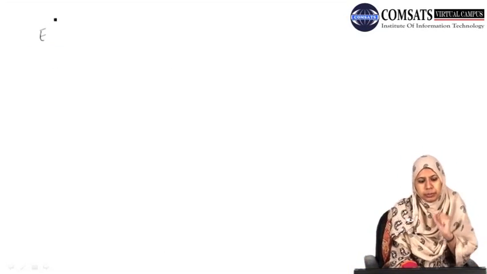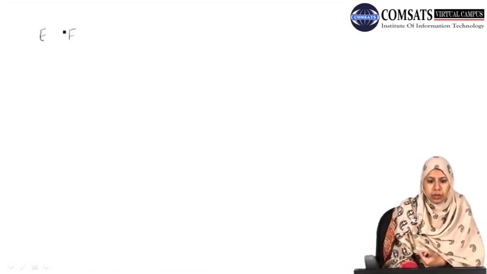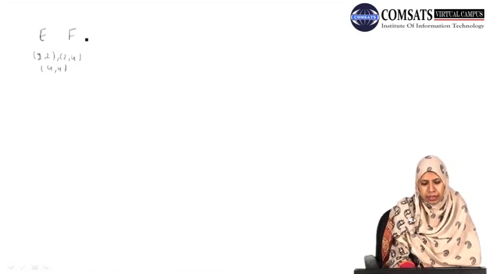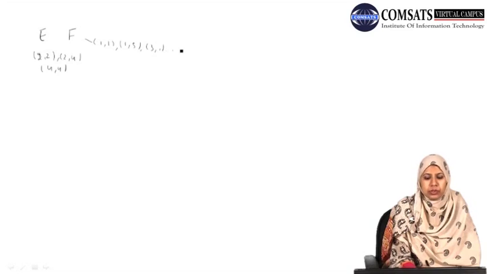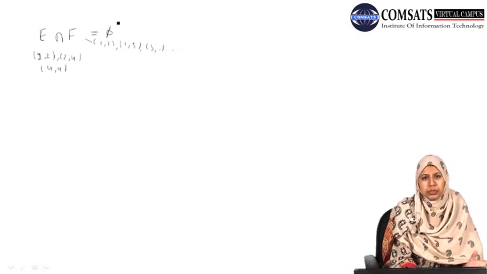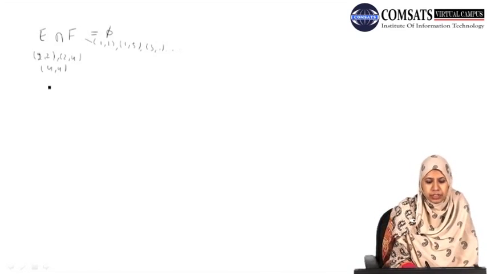If we look at our first event E, which says that both the numbers on the dice should be even, and our event F, which says that both the numbers on the dice should be odd, then the event E has the possible outcomes 2 2, 2 4, 4 4, and so on, and the event F has possible outcomes 1 1, 1 5, 3 1 and so on, which means that these two events have nothing in common and they are mutually exclusive. Okay, now our event G.